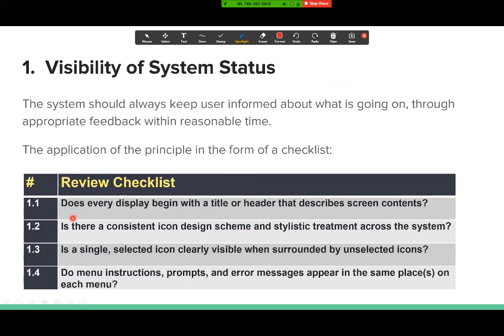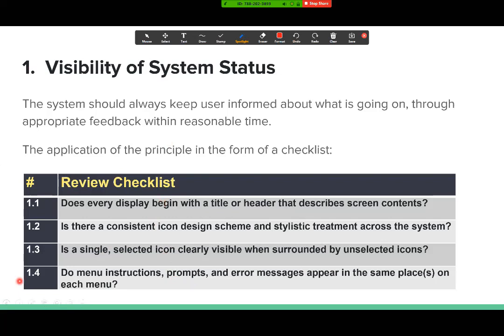From that full list, I simply extracted a few of those items that I will apply to my application. For every one of the Nielsen heuristics, it has about 20-something items to check, but I simply extracted a few.